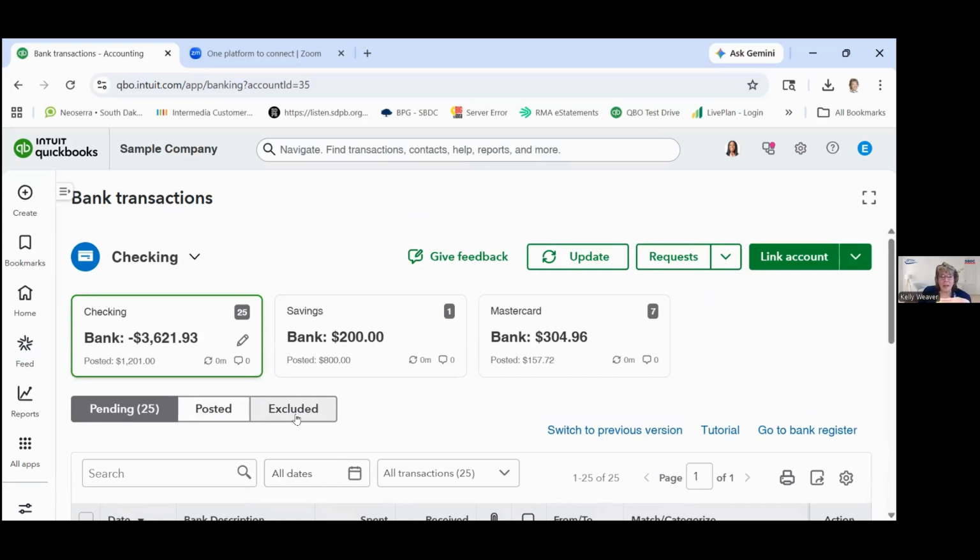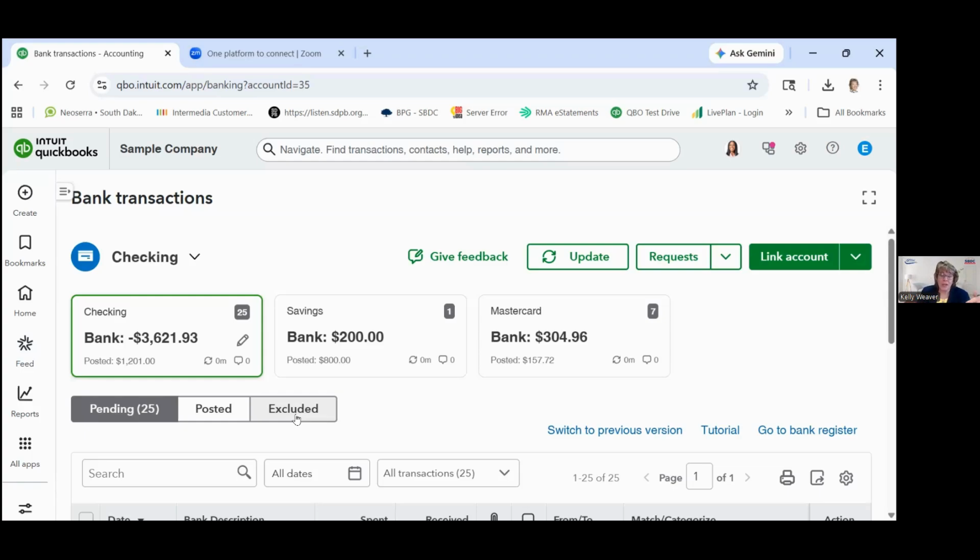I would highly recommend not excluding anything unless directed otherwise. The ideal is that you have a bank account for your business that includes only business transactions, so you really wouldn't want to exclude anything. Even if you happen to pay a personal expense out of your business account, you don't want to exclude that either, because you want it to show up when you reconcile your bank account. Instead, create an equity account called personal expenses.